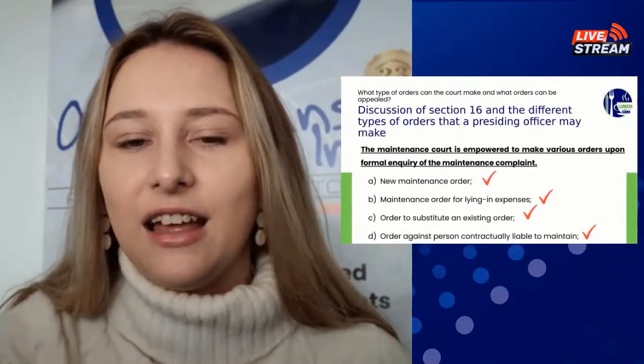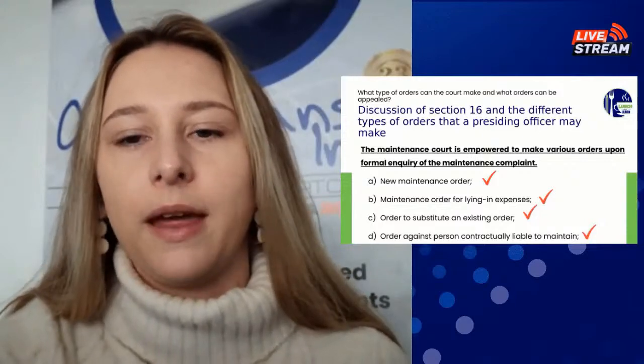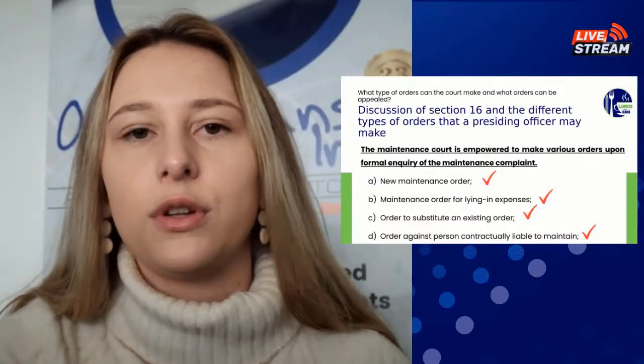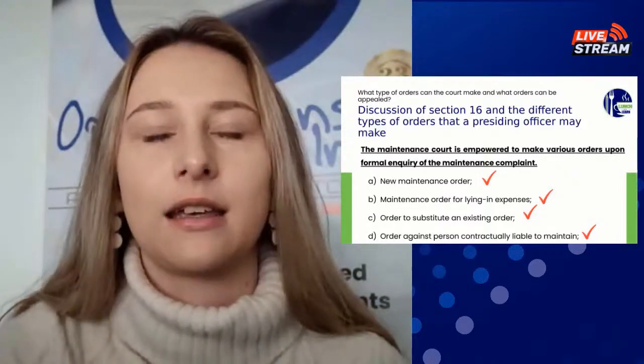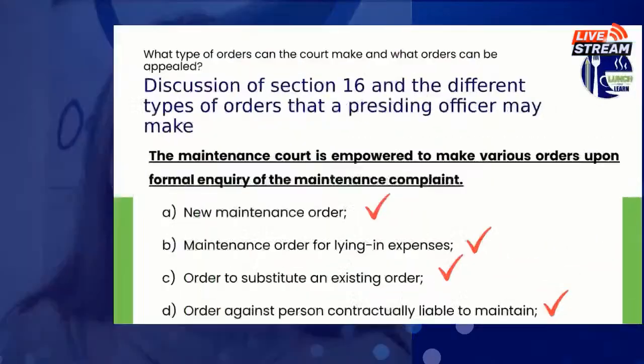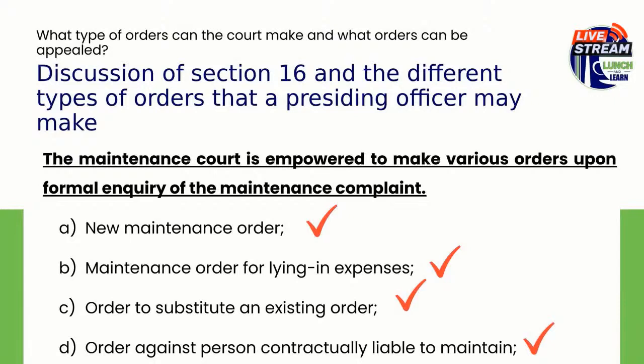So firstly, what types of orders can a court make? The maintenance court is empowered to make various orders upon formal inquiry of the maintenance complaint. It can make the following orders. A new maintenance order, so when you approach the maintenance court for the first time, these will be first-time maintenance applications. A maintenance order for lying-in expenses, which we will discuss in great depth in the next few slides. An order to substitute an existing order,